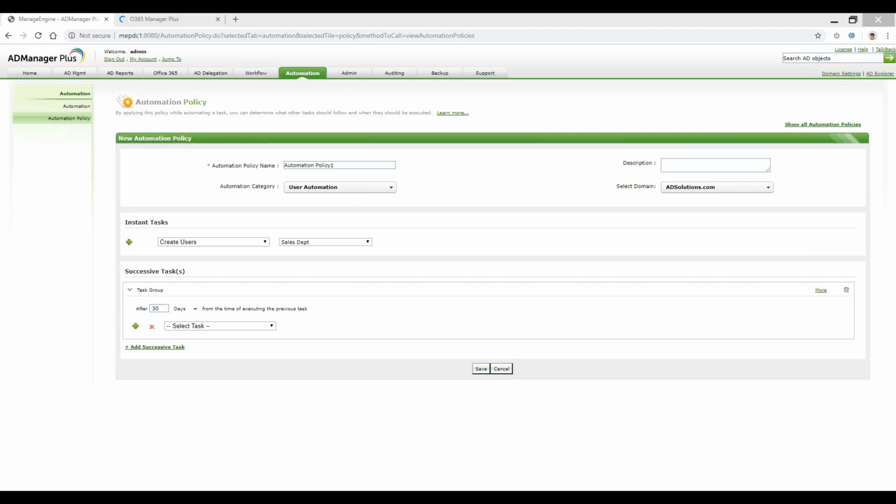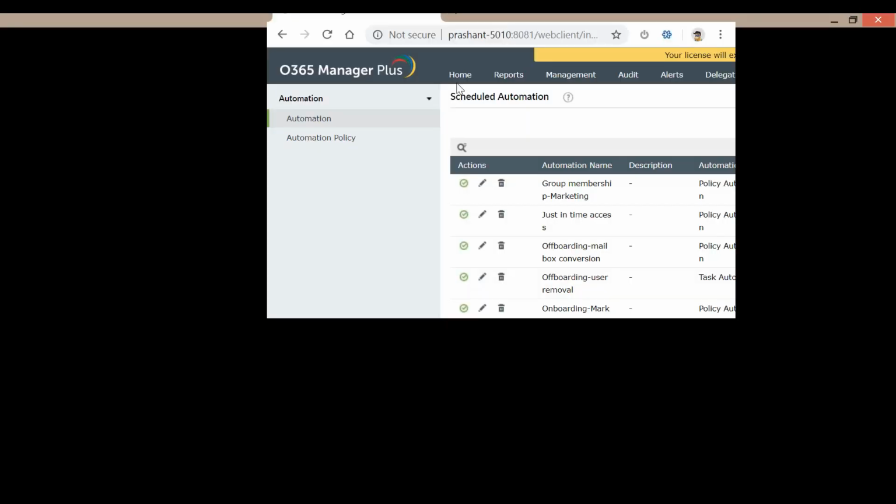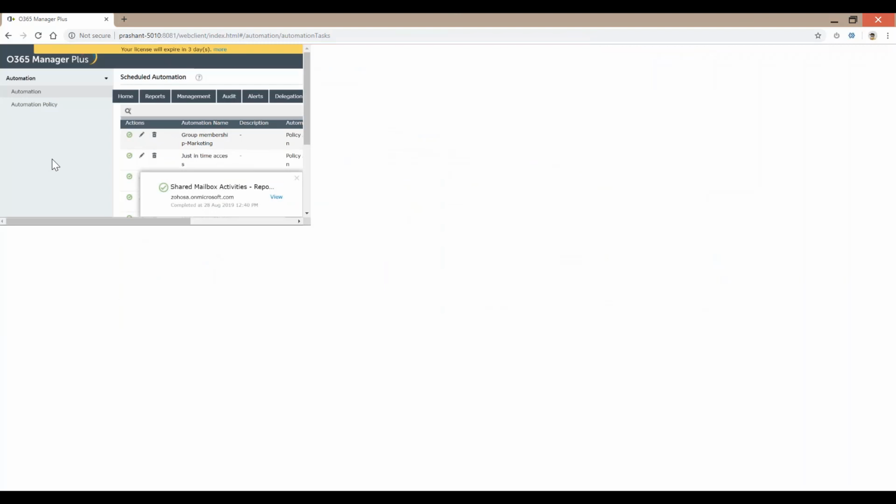So I'm talking about being able to create a new automation to onboard users, set manager, modify mail attributes. In fact, let's say you have a condition for multi-factor authentication to be set for a specific set of users. Those users could belong to the administrator group. So you would want them to have an extra layer of security, which can very much happen if you have the O365 Manager Plus. So here you go.